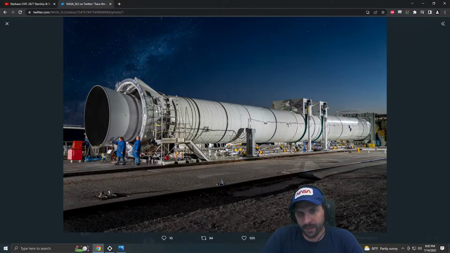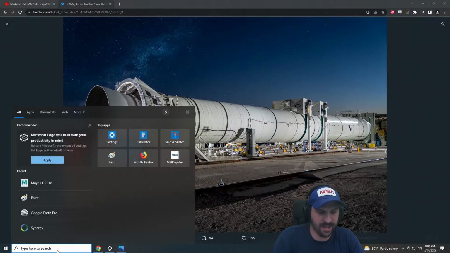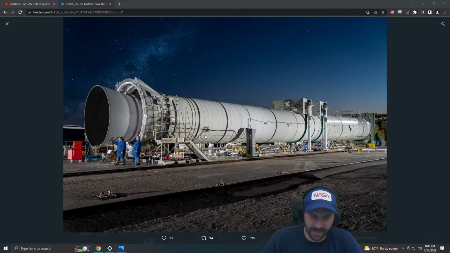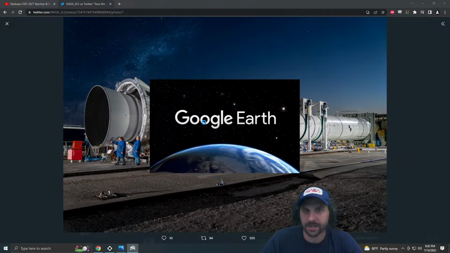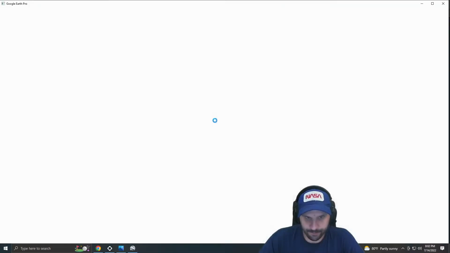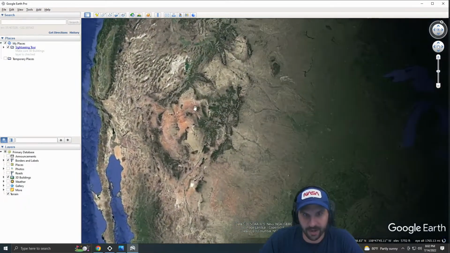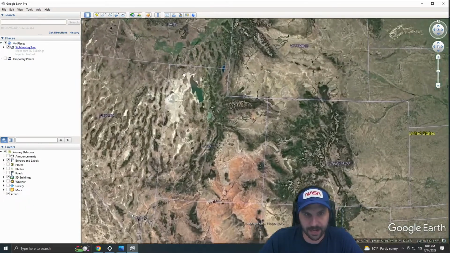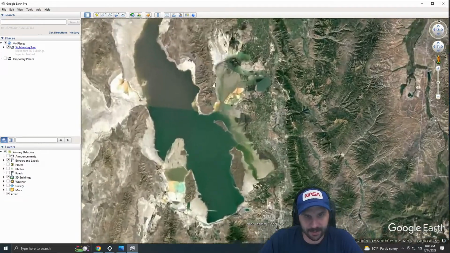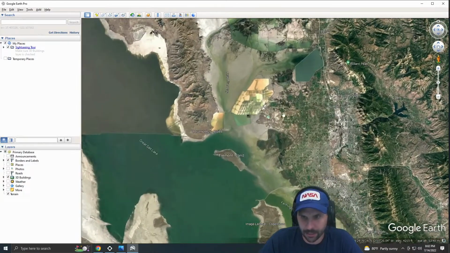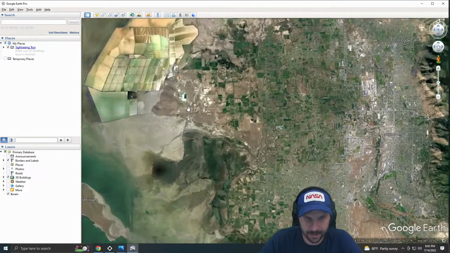So, yeah, we should see this thing literally rip off the side of a mountain, because if you go and look at where... So, that's Northrop Grumman's test stand in Ogden, Utah. It's out in the middle of nowhere. Ogden's up here, north of the Great Salt Lake.